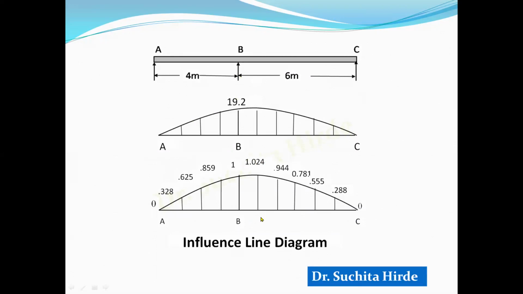So what is the use of this diagram? Suppose this beam is now loaded with some concentrated loads. Suppose there is a load of 100 kilonewton at the center of AB and 200 kilonewton at the center of BC. Then we don't have to analyze this beam again. We can just multiply 100 by the ordinate there plus 200 multiplied by this ordinate. Whatever value we get is nothing but the reaction at B. So this is how we can use the Mueller-Breslau principle to draw the influence line diagram.